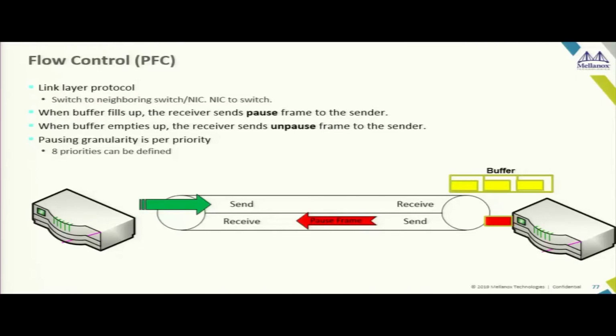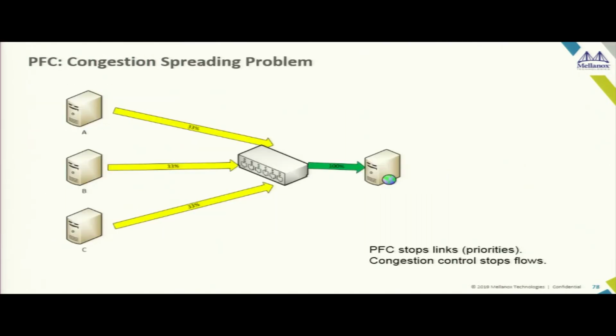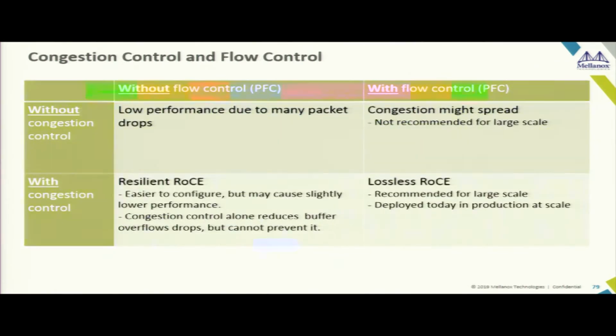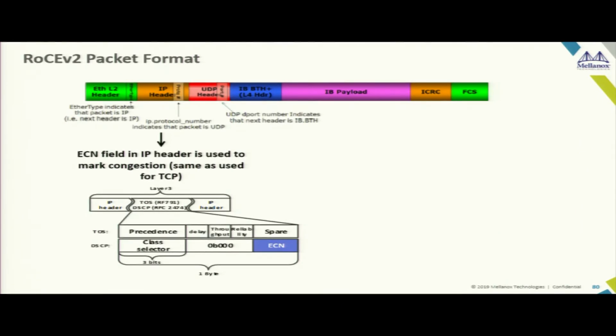The better thing to do is, again, this is some animation, that's fine. Now, the better thing to do, because this also caused some amount of congestion spreading, I will not go into those details. Let me talk about one of the best ways of doing congestion control. And this is actually based on a field in the Ethernet packet called ECN, Explicit Congestion Notification.